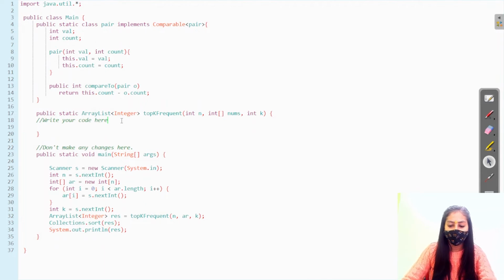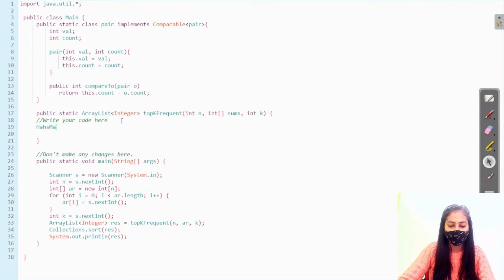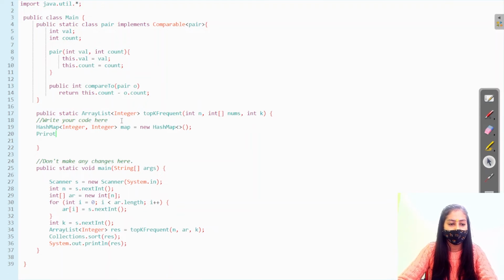So let's now create a hash map. A HashMap where the key is an Integer and the value is also an Integer, right? Let's name it map, new HashMap. Next is the priority queue. So the priority queue will be of type Pair, since we are adding pairs to our priority queue, right?